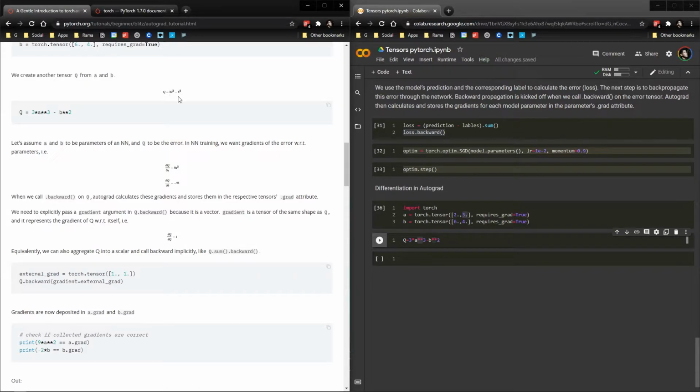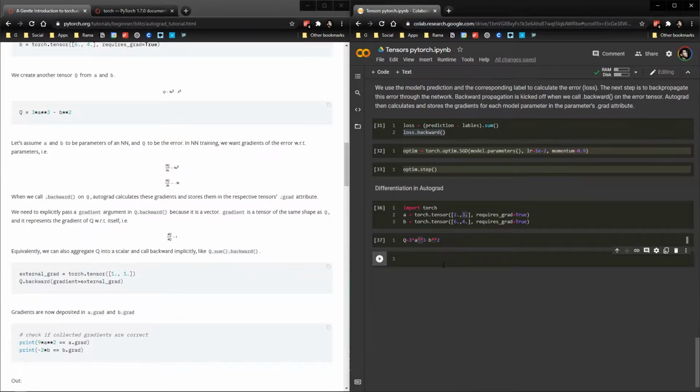Since we have two variables here, this is the derivative with respect to the first parameter, and this is the derivative with respect to b, the second parameter. So when we call backward on Q, autograd calculates these gradients and stores them in the respective tensors' .grad attribute. So if we go Q.grad here,